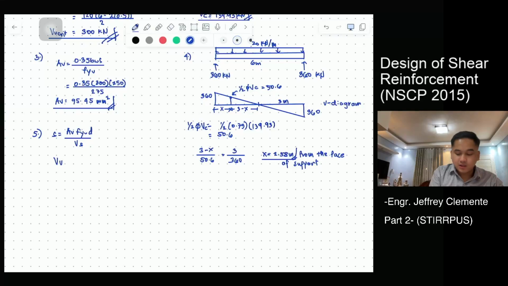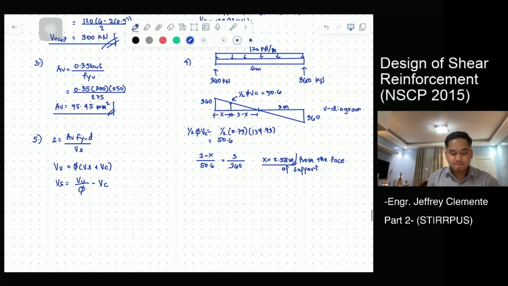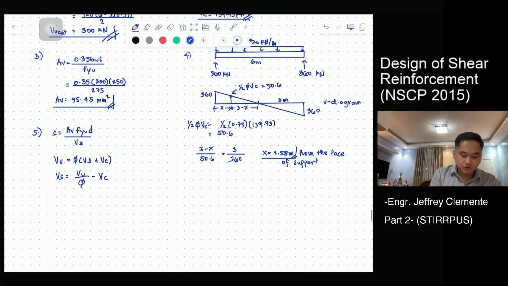Meron tayong VU. Diba, ang VU is equal to what? Phi VN na lang. VU is equal to Phi VS plus VC, di ba? Kasi yung Phi, yan lang minultiply mo para maging VU yung VN di ba? So to get VS, we can use VU over Phi minus VC. Di ba? So yun lang. So meron na tayong VU, VU critical nga daw gamitin. So VS mo is